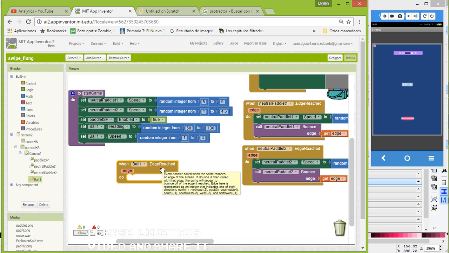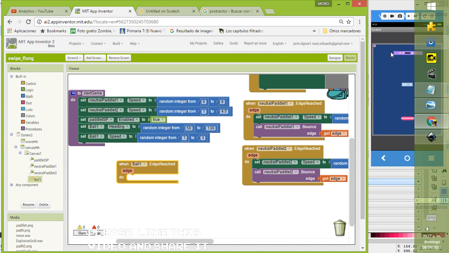The edges are represented by values. One is the north, and then we go to the right, increasing the values: east is 3, southeast is 4, and then in south starting in -1, southwest -2, etc., until you get to northwest -4. So we're interested in bouncing the ball when we collide with 1,